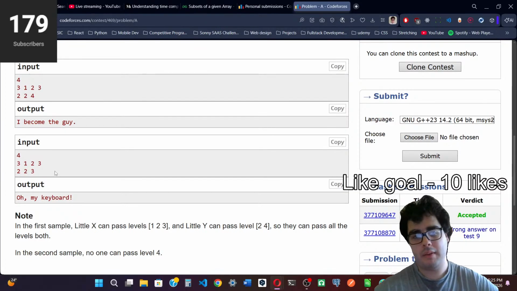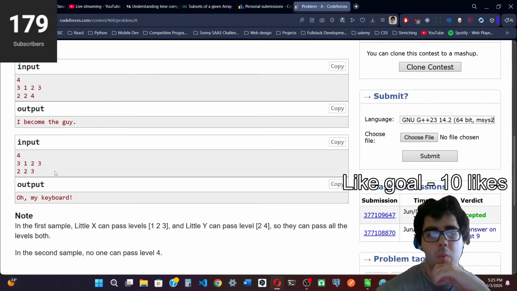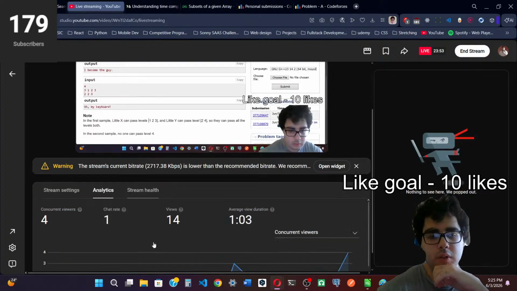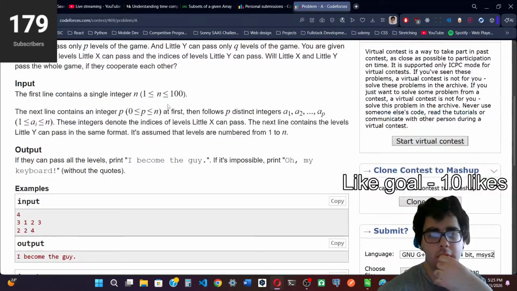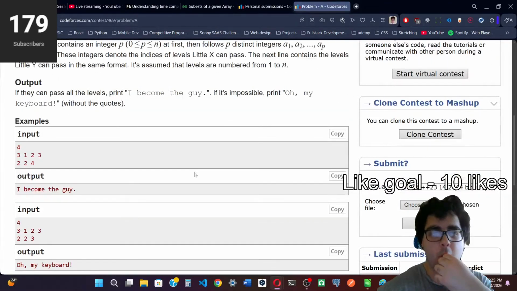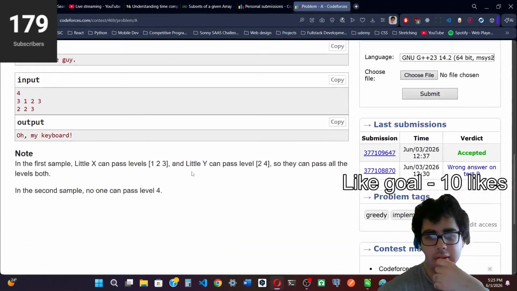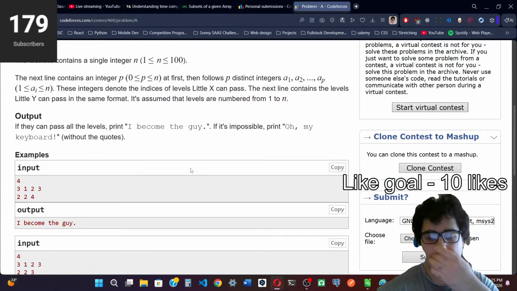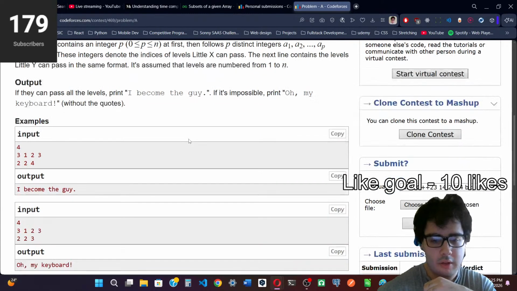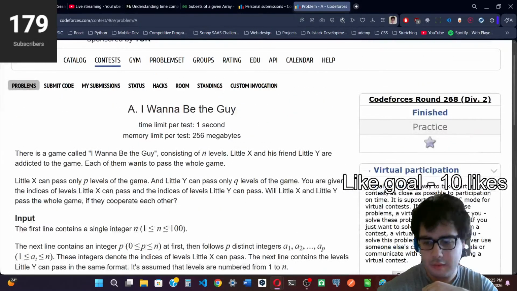Okay, guys, and that's basically what we need to figure out here. All right, and how do we solve this? What is the approach here? Well, the way that I solved it is I used a set data structure. So basically, a set data structure in C++ is something like an array, but